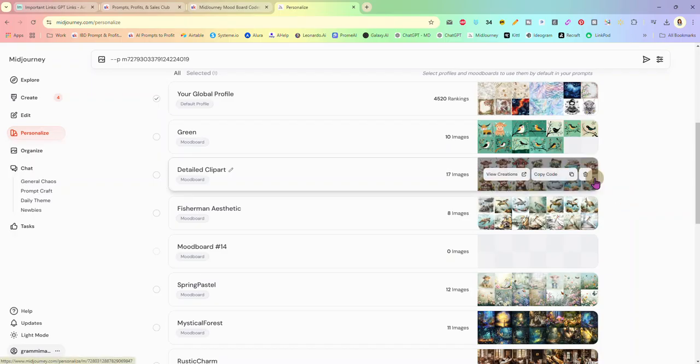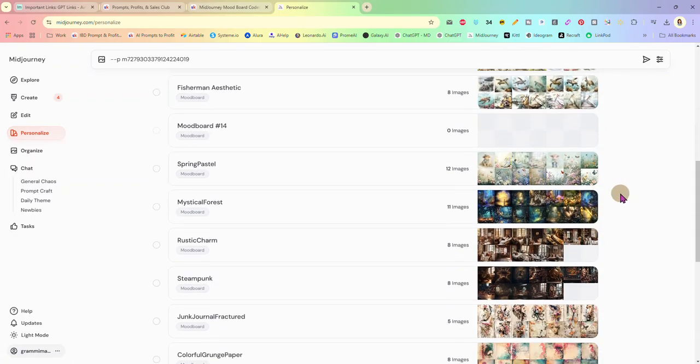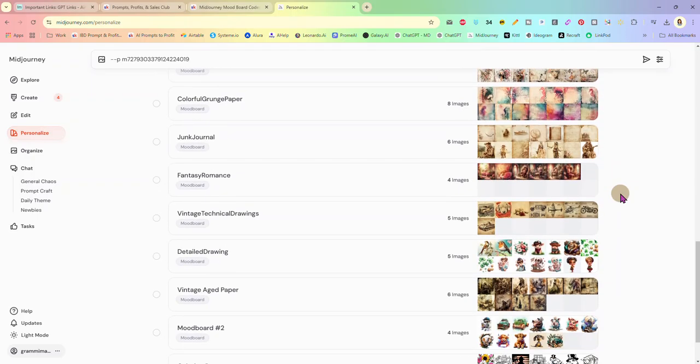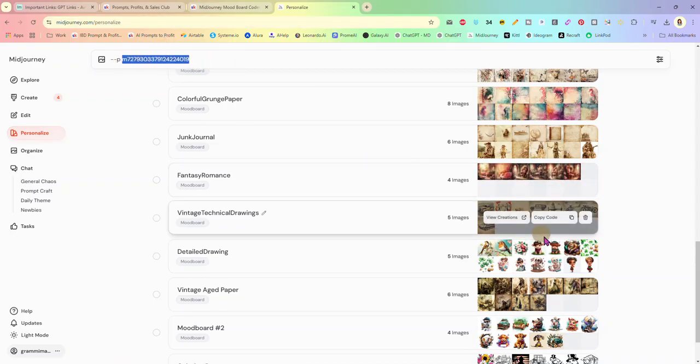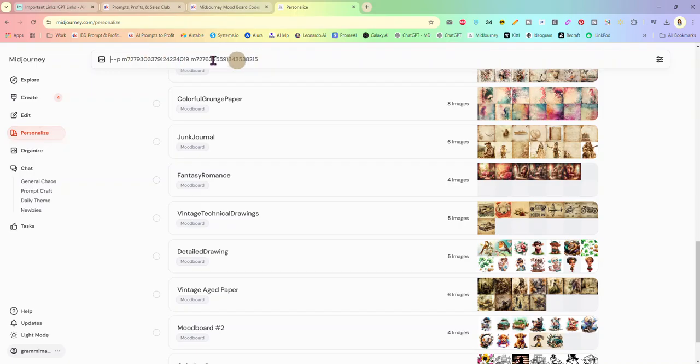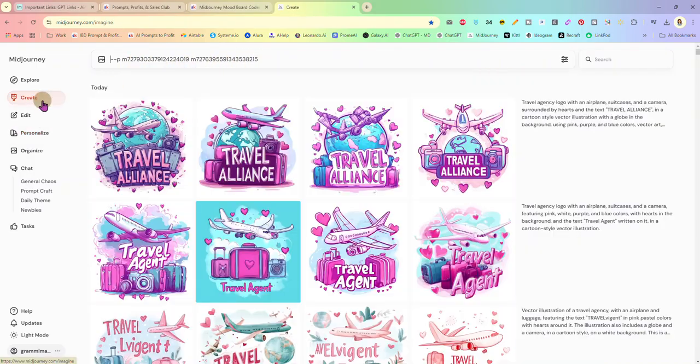Okay, so I want that one, and then what else do I want to add to it? Let's do a detailed drawing. So the first thing I'm going to do is I'm going to copy this, because when I add a second one from here, oh no, it did just add it. I was afraid it was going to replace the first one, but it just adds it to the end, which is fantastic. So we'll go back here to create,